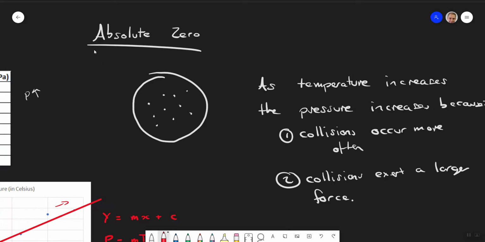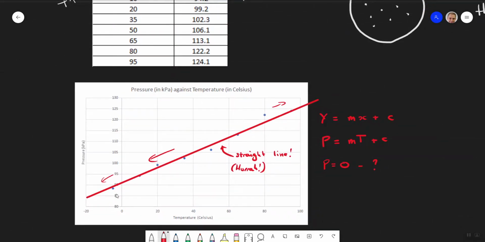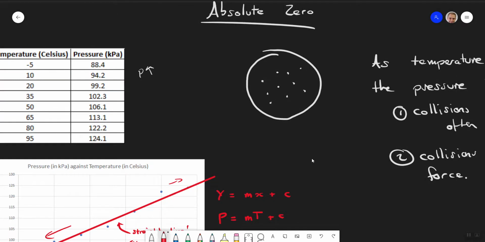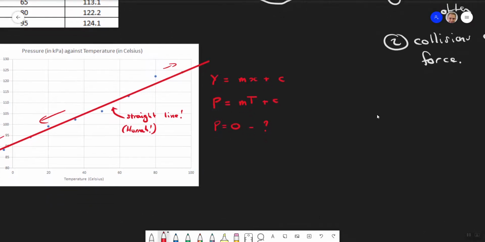And this leads to this wonderful little concept called absolute zero. This straight line, this innocuous looking straight line, predicts that at some point the pressure is going to equal zero. And if the pressure equals zero, that could only be when our particles are no longer moving. And that is as stationary as anything can get. You can't move less than not moving at all. That puts some kind of limit to this thing, which says, there must be